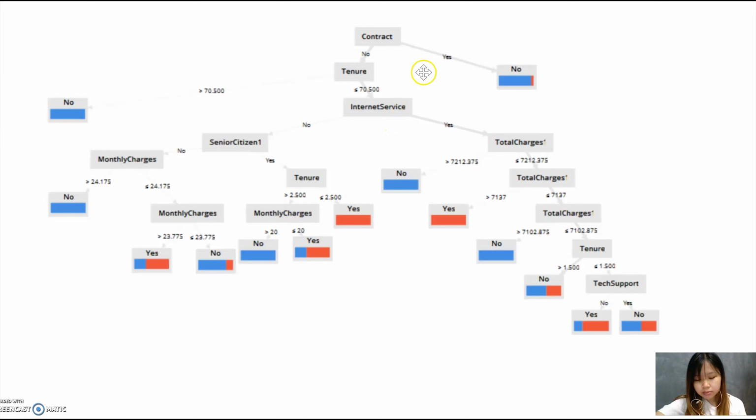With reference to our points above, customers who have internet services and have a total charge of more than or equal to $7,212.375 will not leave Singtel. As these customers are willing to spend quite a large sum of money on Singtel services, this means that they are subscribed to a number of services in Singapore, including the internet services, and are very satisfied with them,